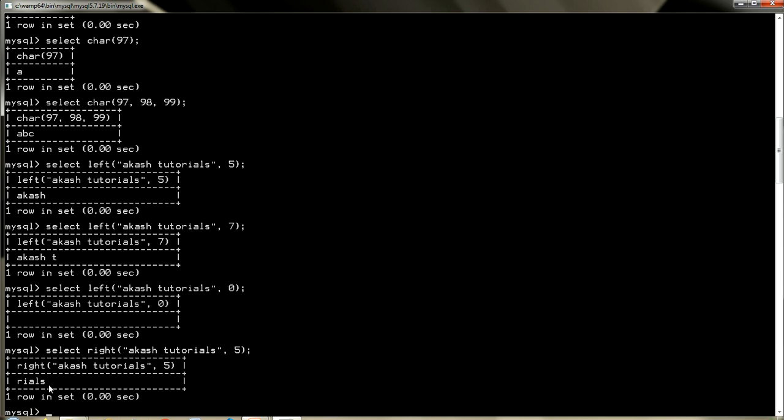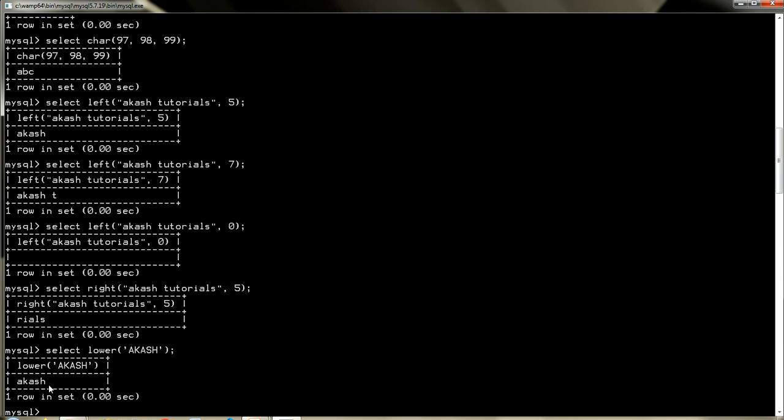Then we have the lower and upper functions. Suppose I write down select lower, and I write down Akash in capital. It will return the answer in lowercase.